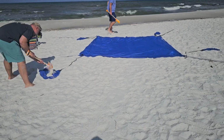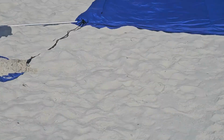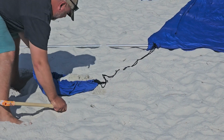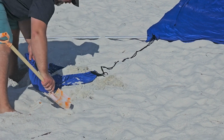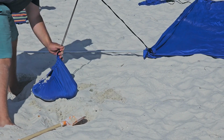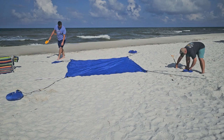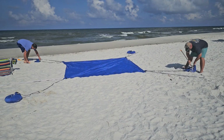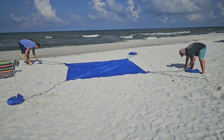As you can tell here, this is what it's going to look like. And then they went ahead and just used the kids' sand shovels to fill up the bags with sand. The bags are super easy. You just put the sand in them, and it's going to be like a drawstring effect. These are what's going to help hold those poles in that tent taut, so it will provide shade all day long. You're going to do that to each corner,